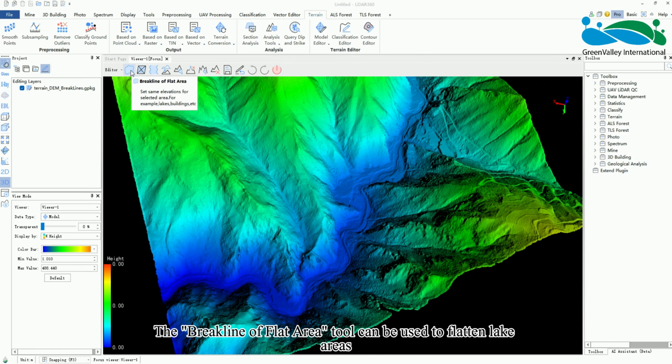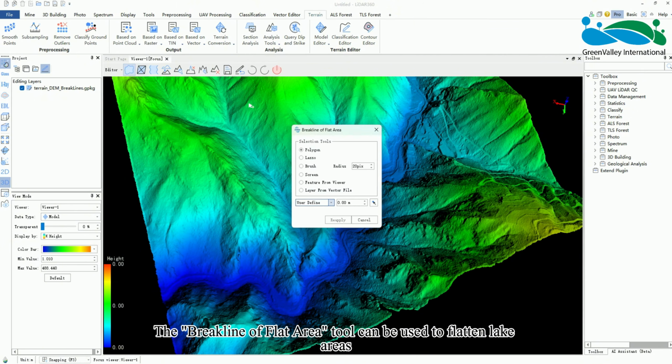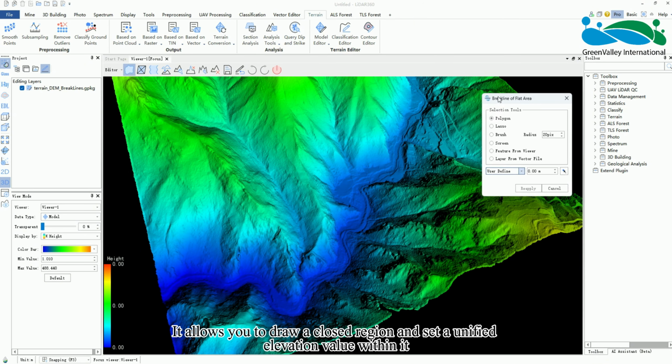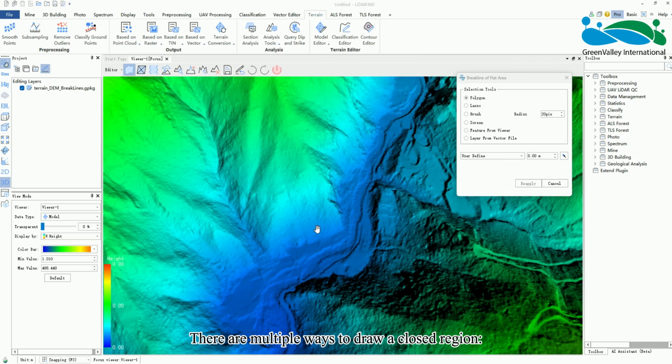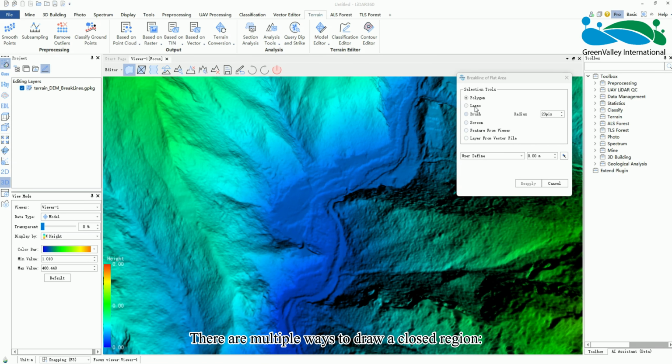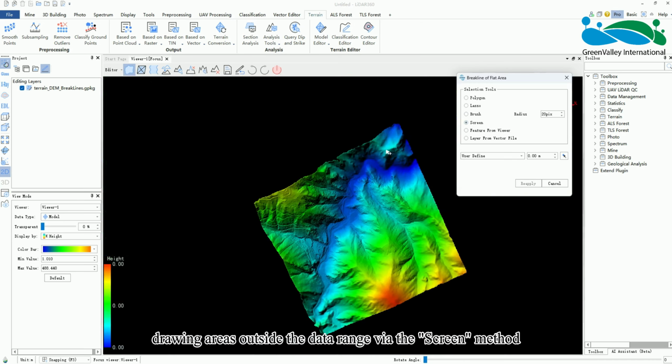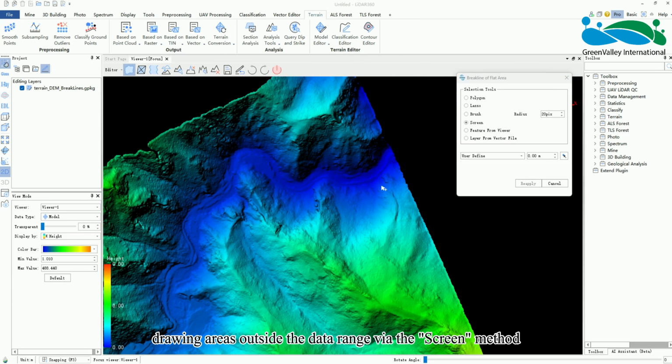The Breakline of Flat Area tool can be used to flatten lake areas. It allows you to draw a closed region and set a unified elevation value within it. There are multiple ways to draw a closed region: manually drawing a polygon, using the lasso or brush tools, drawing areas outside the data range via the screen method,